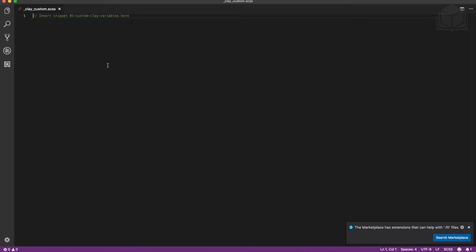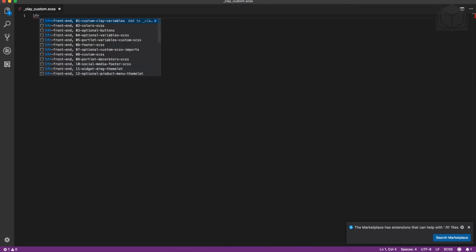This Clay custom file here is where developers can add the custom background variables. This will give us our starting point, and this will ultimately be imported into our different files. It will be imported into the actual imports SCSS, and we'll see that a little bit later on. Let's highlight the comment here, just like we did before. Do LFR, and select that first